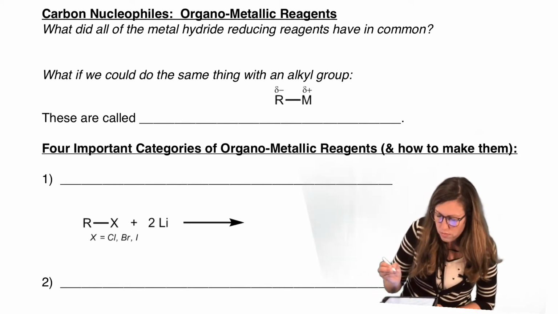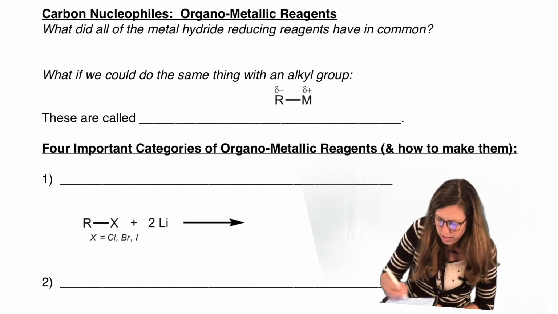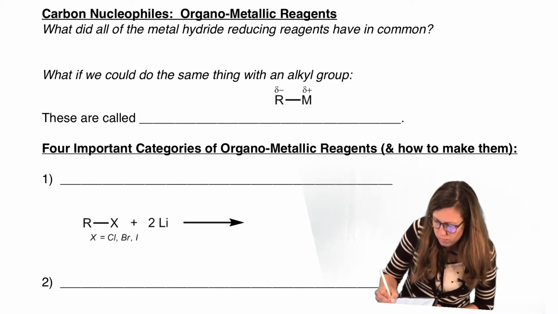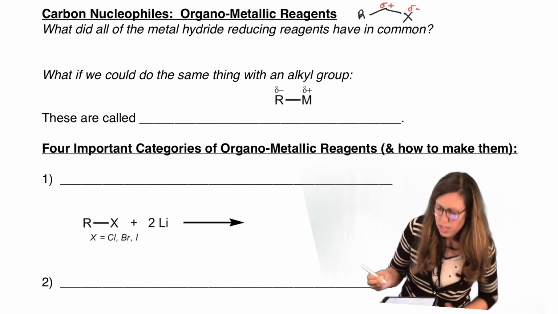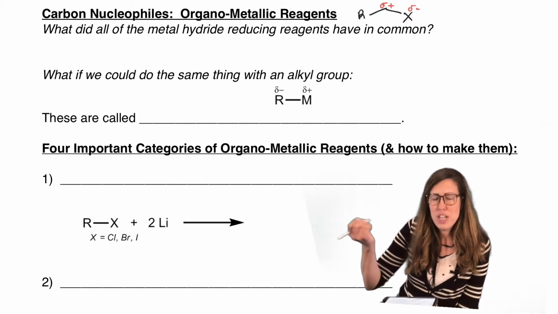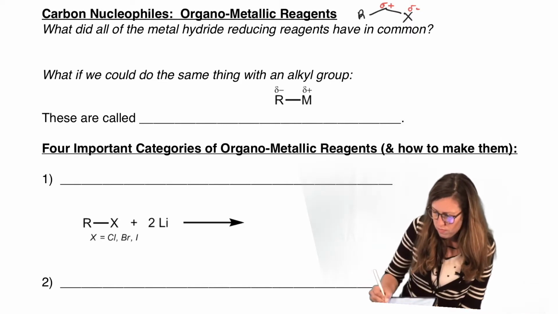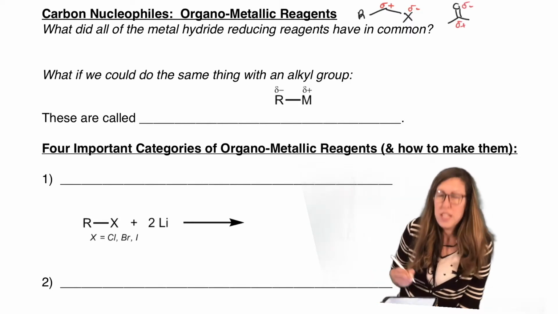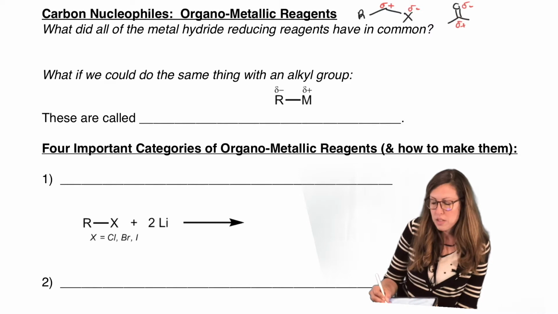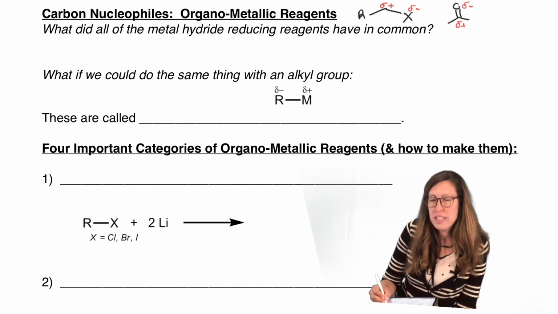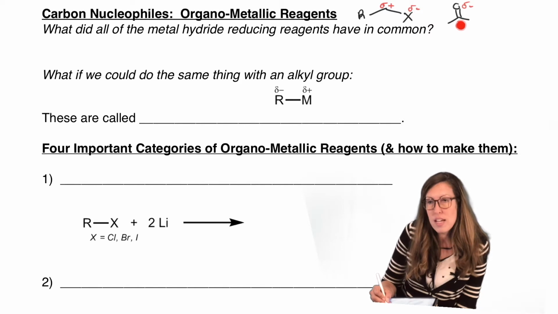So we're used to seeing carbon, for example, like I said, alkyl halides. Let's look at a typical alkyl halide. We're used to seeing carbon act as a delta plus, and that would mean it was an electrophile. Or hey, what about this chapter? These are electrophilic carbons. We need a nucleophilic carbon to attack this particular electrophilic carbon. How do we get those nucleophiles? We have to somehow get the carbon to have a delta minus on it so that it can attack a delta plus.